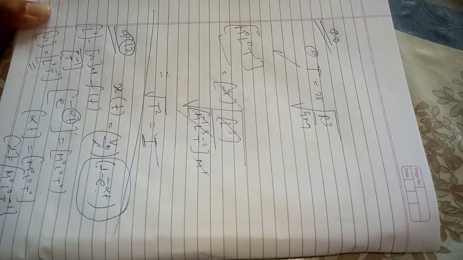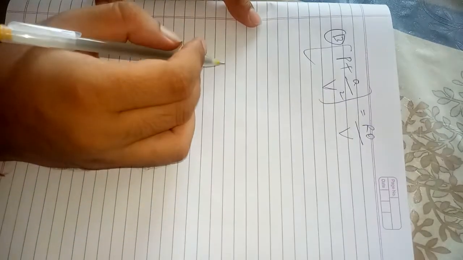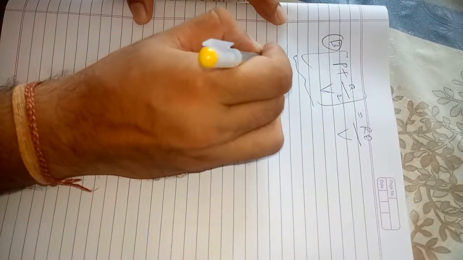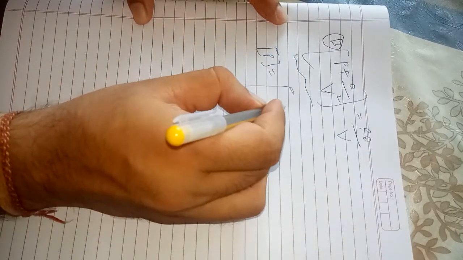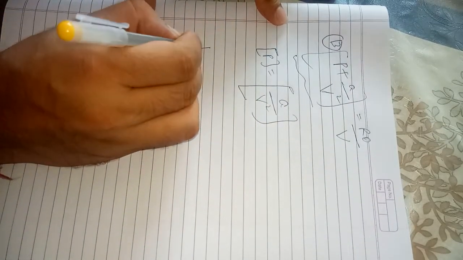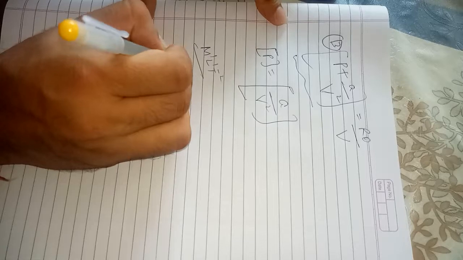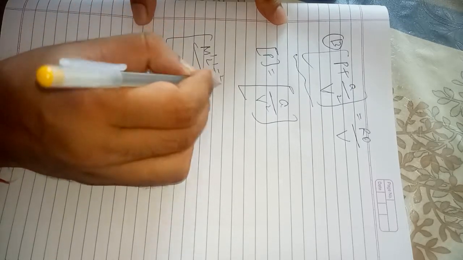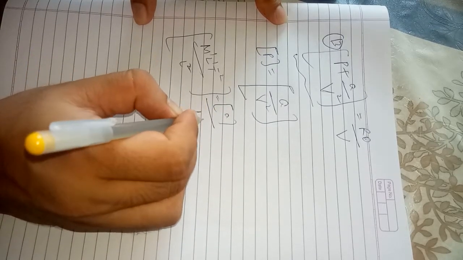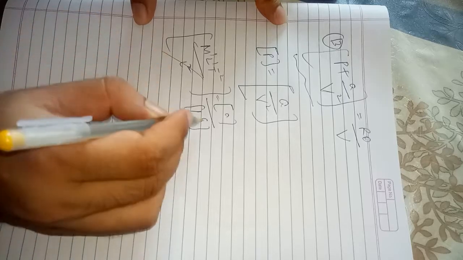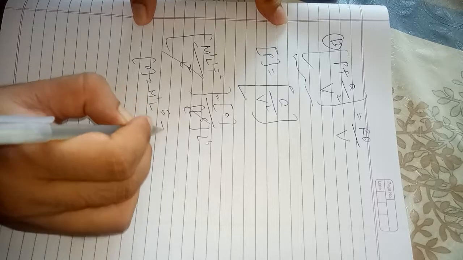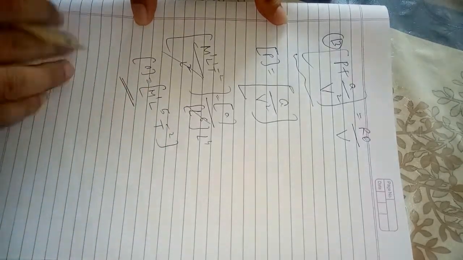So this is the answer for this. Okay, this is question number 12. As we know from the principle of homogeneity, if these two terms are added together, then the dimensional formula of P must be equal to that of A by V square. Now pressure is force upon area, and force is mass into acceleration upon area. This is equal to the dimensional formula of A by V square. Volume is L cube, so this will become L raised to 6, and from here we will get the dimensional formula for A, that is M1 L raised to 5 T raised to minus 2. This is the answer for this.